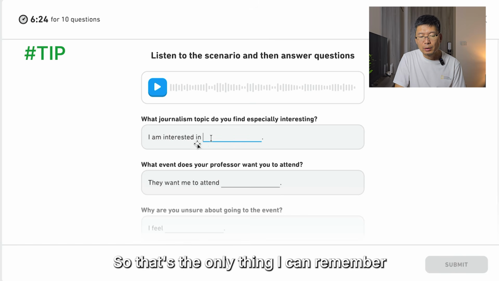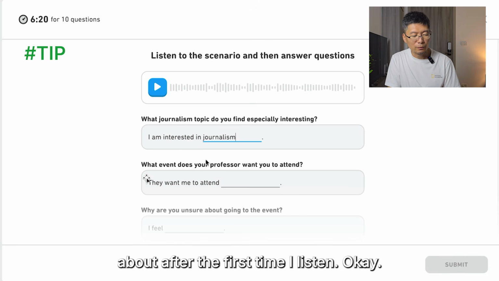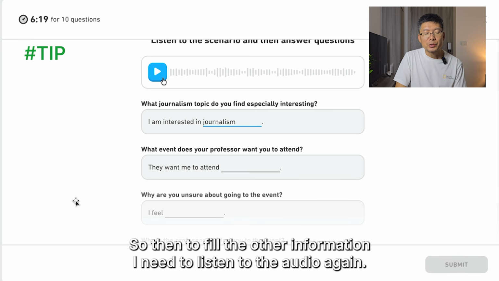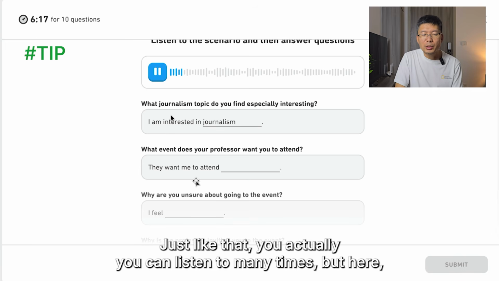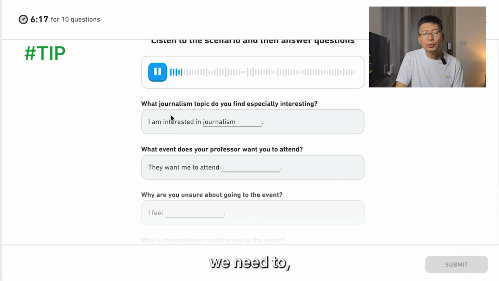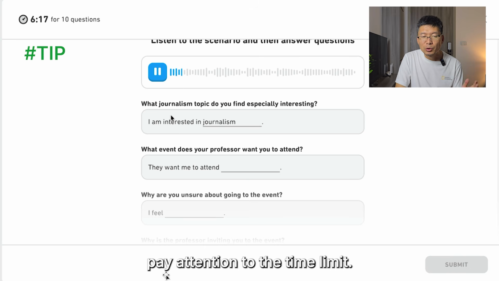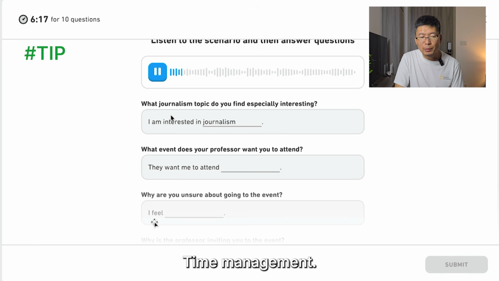Okay, so that's the only thing I can remember after the first time I listened. So then, to fill in the other information, I need to listen to the audio again. Your professor has noted. Okay, just like that. You can listen many times, but here we need to pay attention to the time limit, time management, because